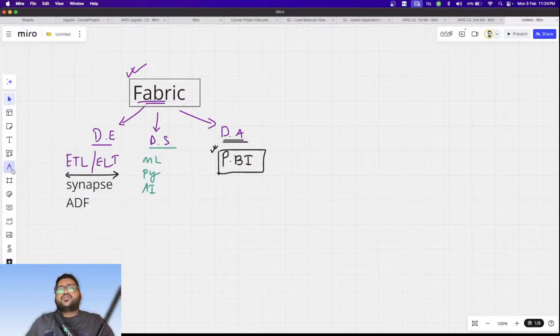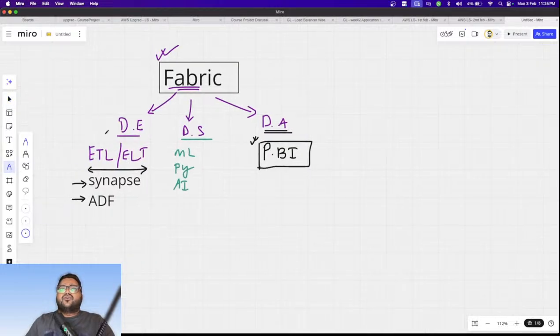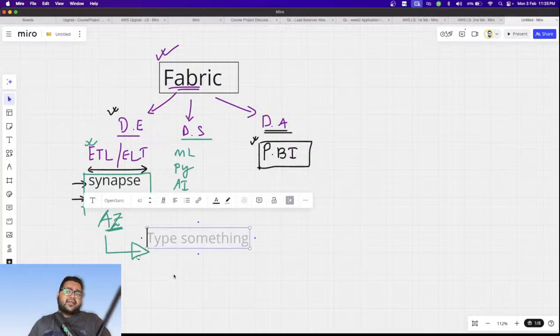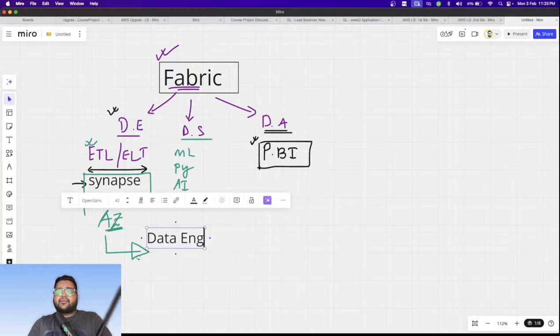These two tools dedicatedly focused on the data engineering vertical, and they were present specifically on the Azure cloud. I hope things are making some sense now. Within that we had a vertical called data engineering,